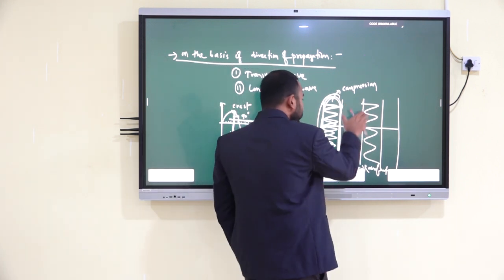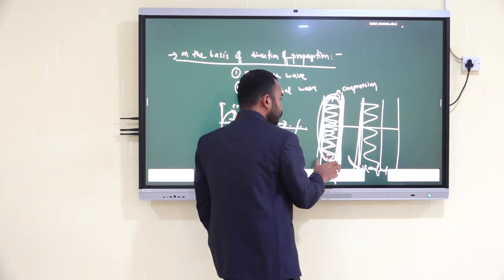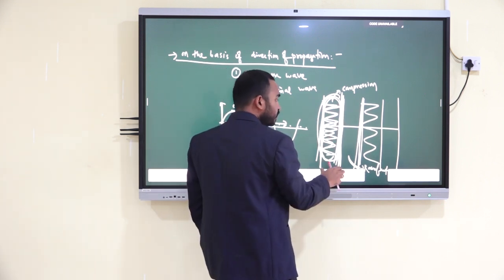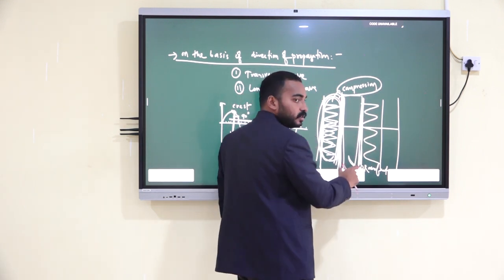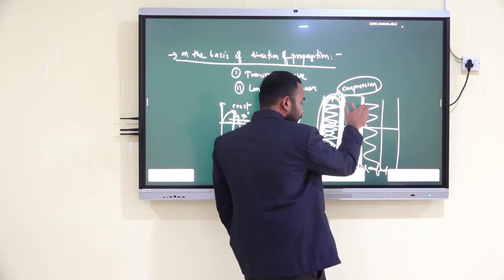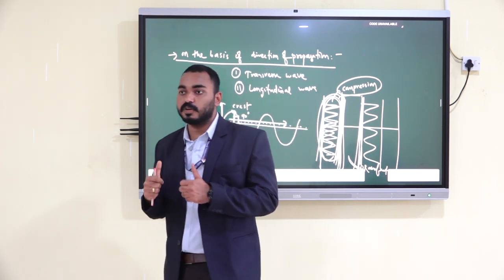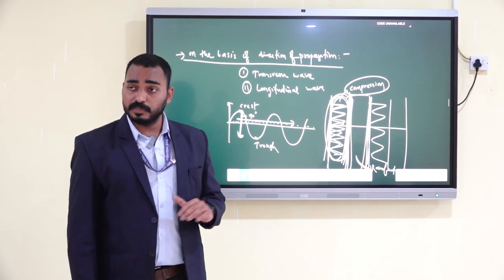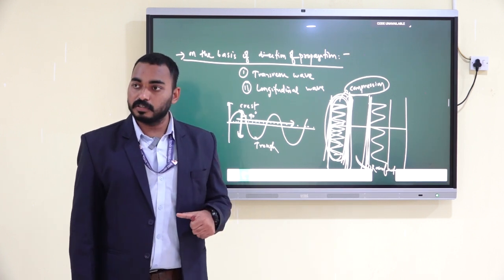That means a zone will be created where the particles will be away from each other, and in this compression zone, the particles will move towards each other. That means a high density region will be created here, and that high density region will be known as what? Compression. And in this particular region, the density will be less, and there will be a movement of particles away from each other, and that particular region is known as what? Rarefaction region. And there is a difference of density also. In case of compression region, the density will be more, and in case of rarefaction region, the density will be less.